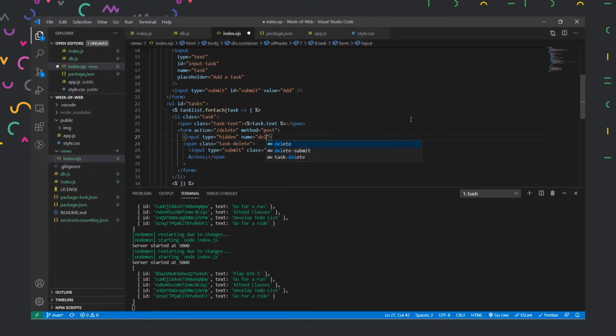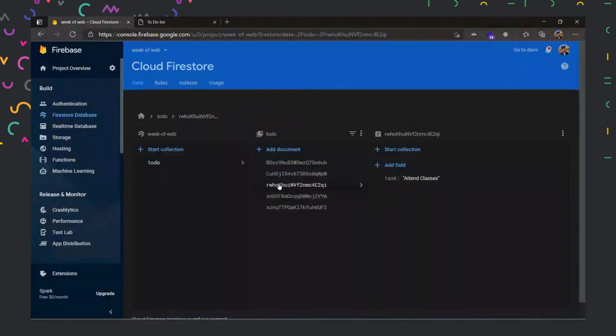So it will have the name delete id, and it will have the value. What value will it have? It will have the value of our id, which is here, this id.